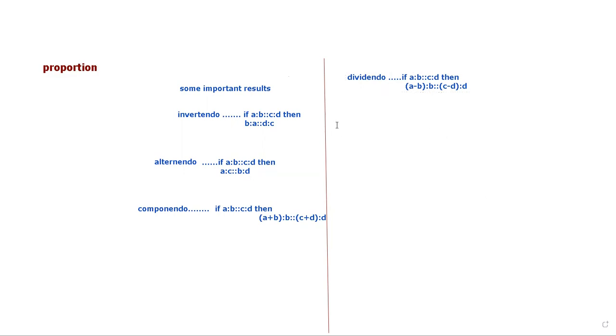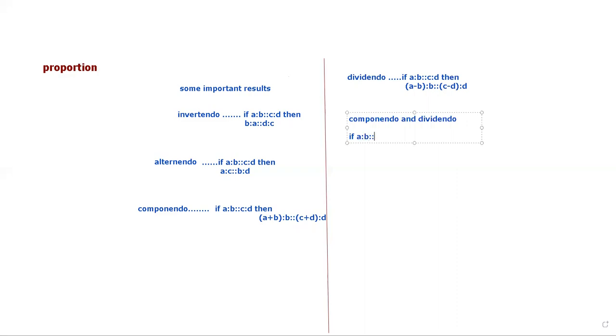We have the last type of result, which is called componendo and dividendo. This is the combination, you can see, componendo and dividendo. Clear guys? Componendo and dividendo. Is it clear? Here, what you have to do in this result, I will try to explain simply. In componendo and dividendo, if you are given a ratio like